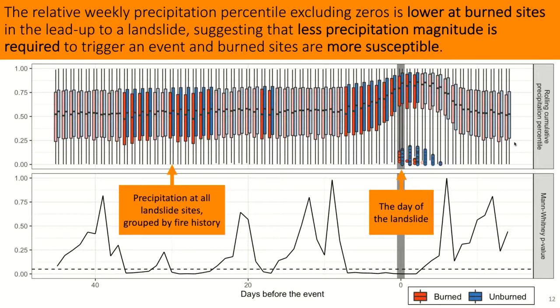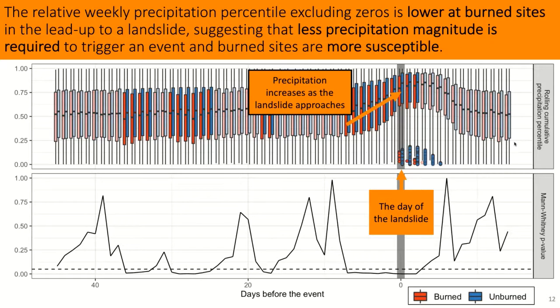These box plots are showing the precipitation at all of the landslide sites, but grouped by the fire history. So those red box plots are the burned sites, and the blue box plots are the unburned sites. The first thing that you can see looking at this plot is that the precipitation is increasing as the landslide approaches. And that's not too surprising, because they're rainfall-triggered landslides. We would expect to see